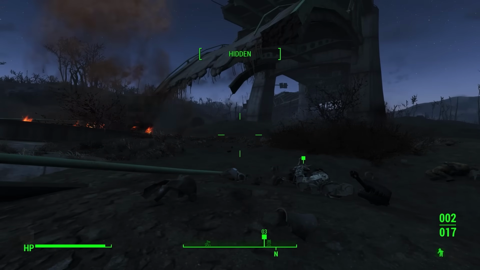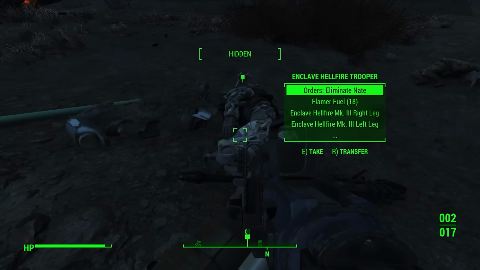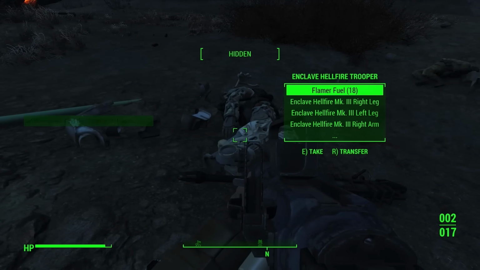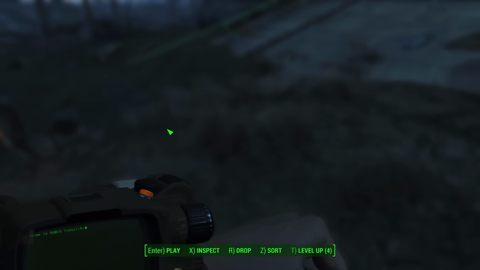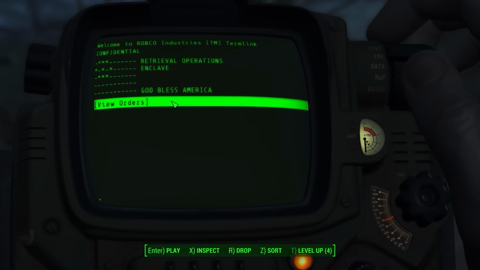With the Enclave soldiers dead, we can loot the bodies, and on one of the bodies we find orders, eliminate Nate. Opening the holotape in our Pip-Boy,